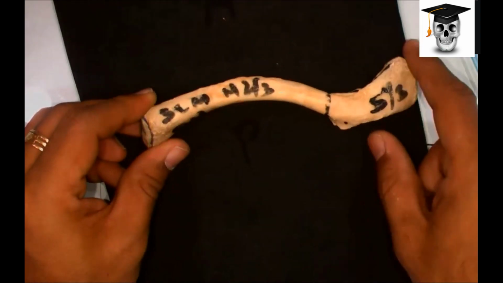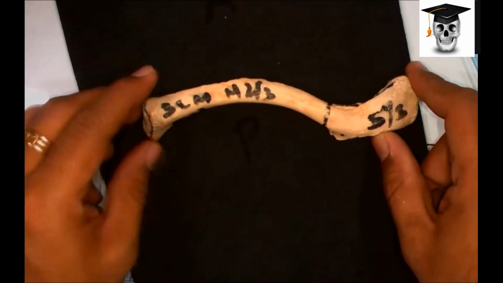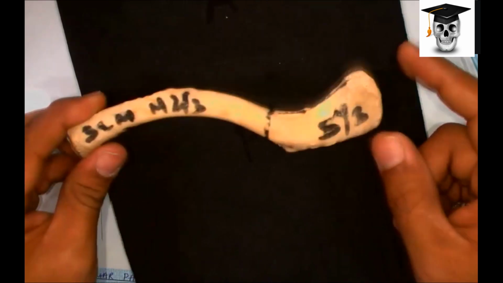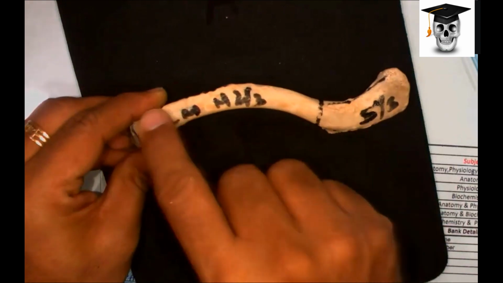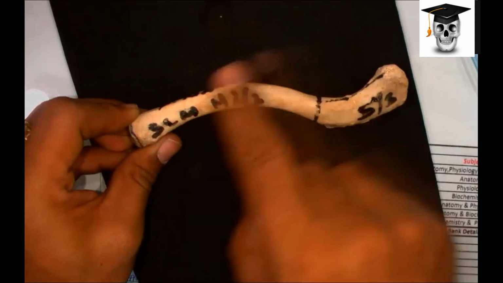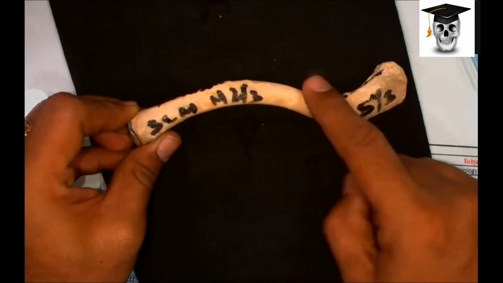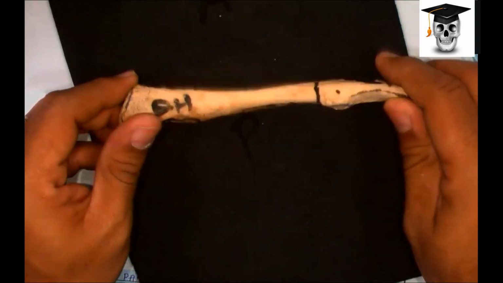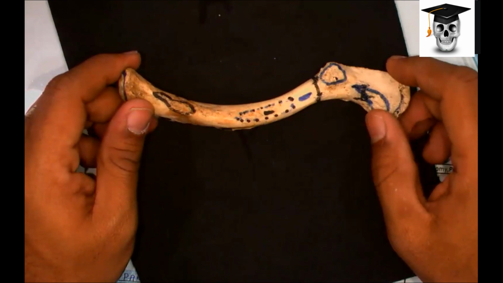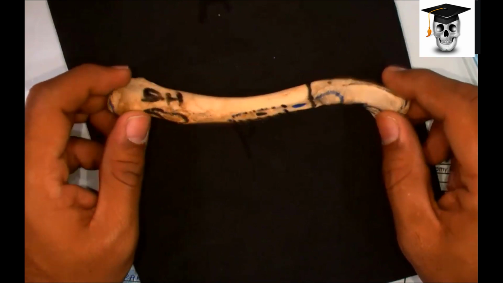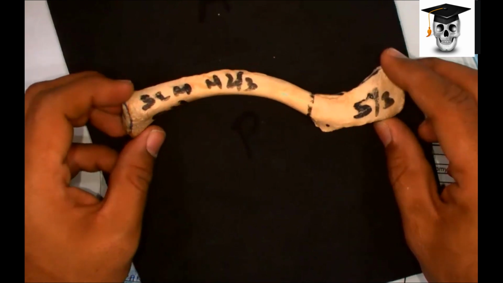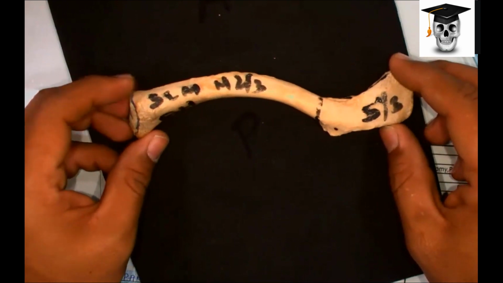To decide the side of a bone, hold the bone so that the medial end is broader and the lateral end is flat. The medial two-thirds of the shaft is cylindrical and convex anteriorly, and the lateral one-third of the shaft is flat and concave anteriorly. The inferior surface of the shaft bears a groove called the subclavian groove. When we keep all these points in mind, we will be able to decide the side of the bone, and so my bone belongs to the right side.